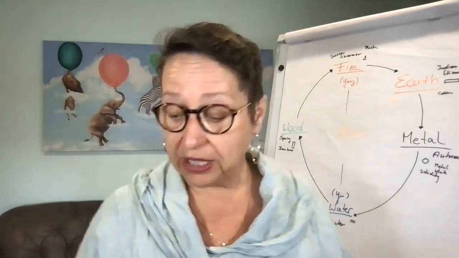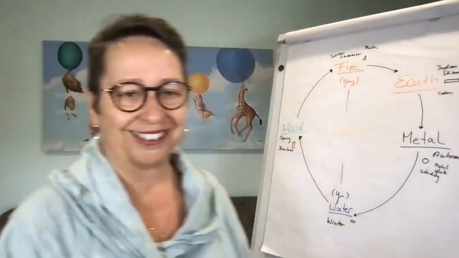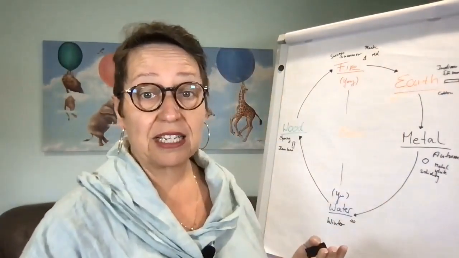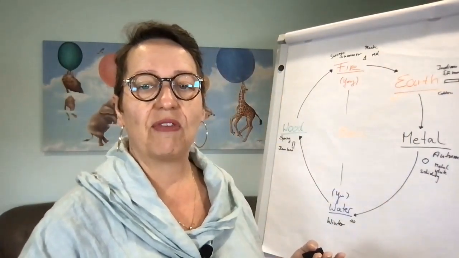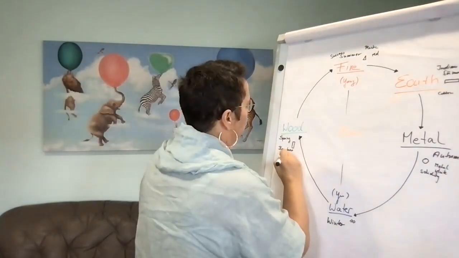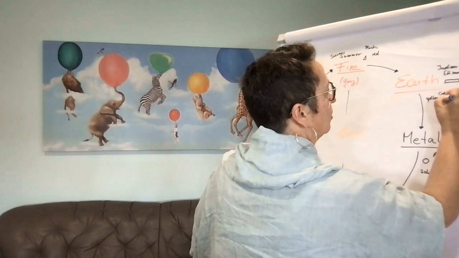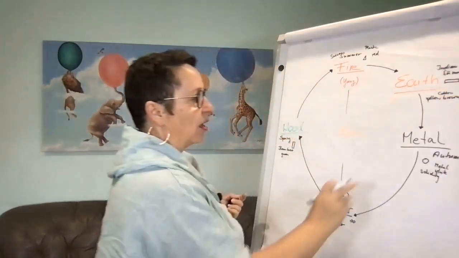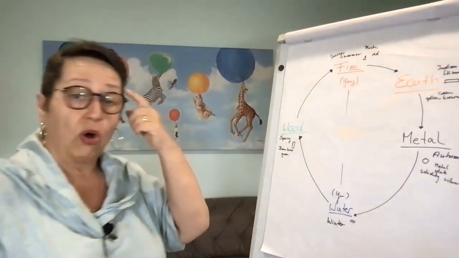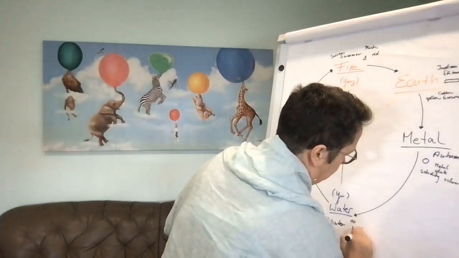So I've already given you some indications with the colors. Fire obviously is red. And like I said, it's never that easy. A lot of this stuff is really easy, like green for wood. Then here we've got more like yellow, brownish color. Metal is white and silver. Winter is black and blues.